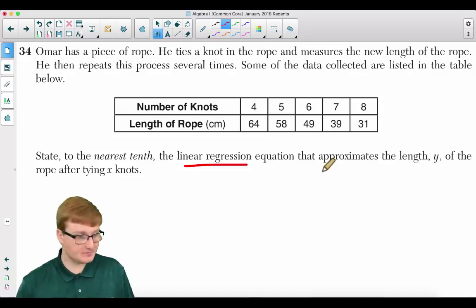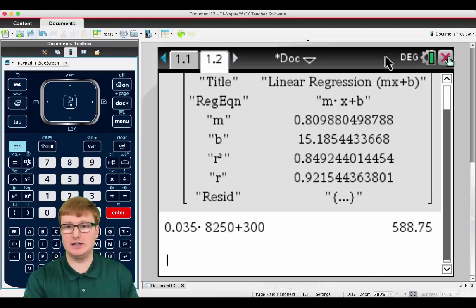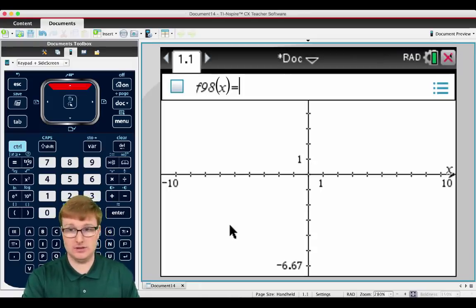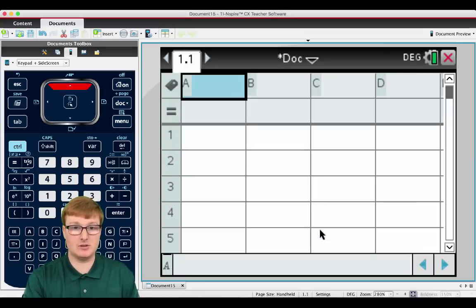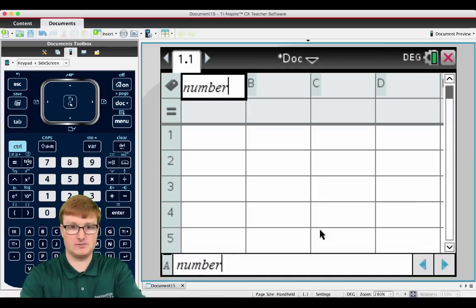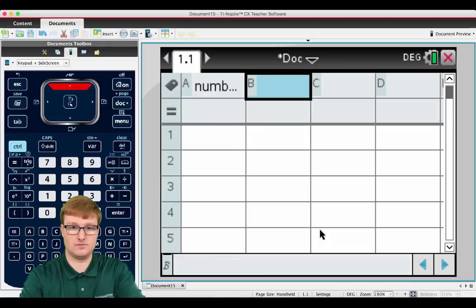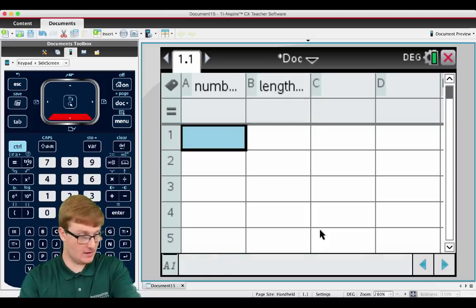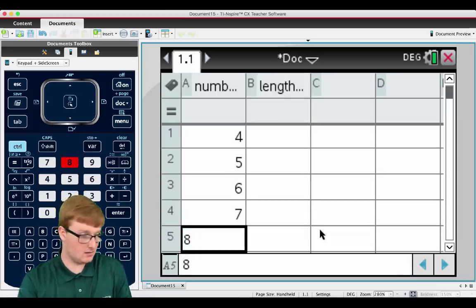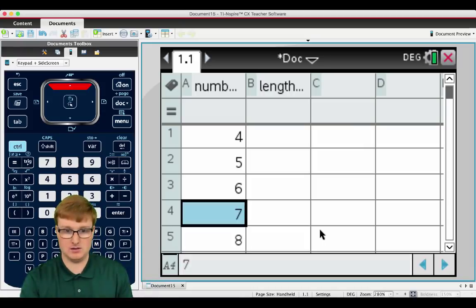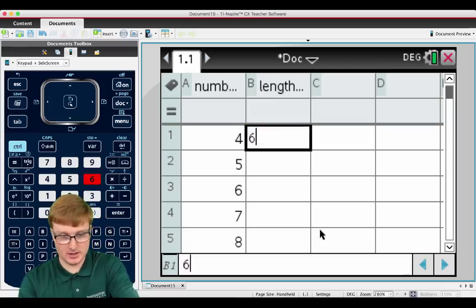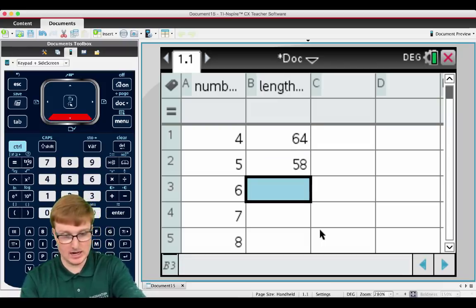So let's go ahead and type this into our calculator. Here we go, once again. All right, so I don't need that. Go to our lists and spreadsheets. This is going to be the number of knots. And this is going to be the length of rope. So we have 4, 5, 6, 7, 8. Let's make sure: 4, 5, 6, 7, 8. Yep. Okay. Now you have 64, 58, 49, 39,